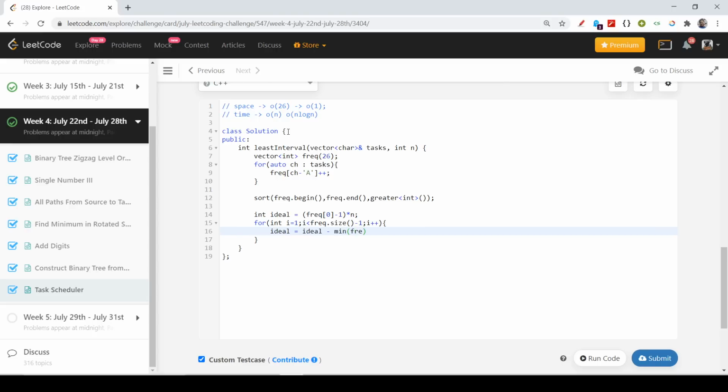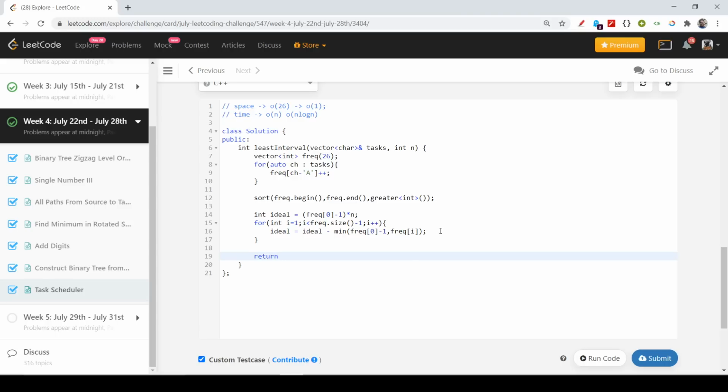As I said, it would be the minimum of frequency of 0 minus 1 comma frequency of i, because frequency of i can also be equal to frequency of 0. In that case I might reduce the idle more than the idle thing, so I need to make sure that I have the minimum out of frequency of 0 minus 1 and the frequency.